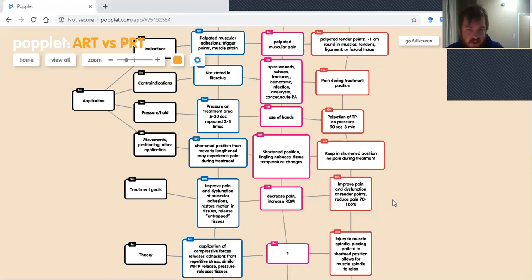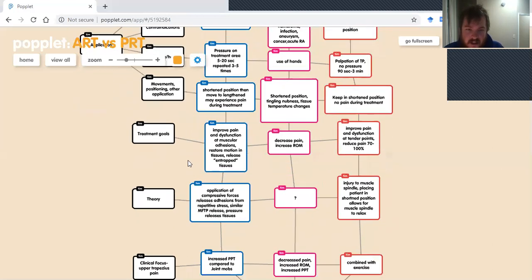So that is different. And basically you could continue to move them into a position of comfort, shortened position, until you can find that pain reduced. So the theory